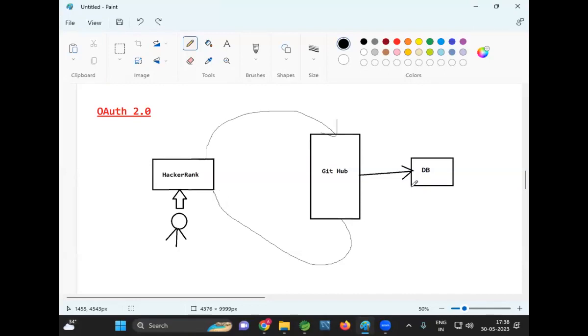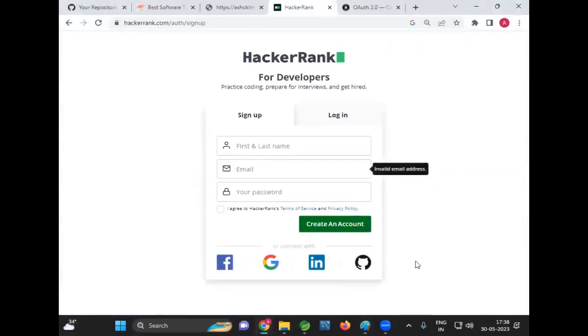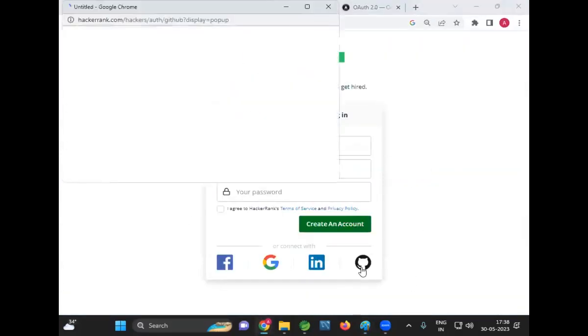Now, what is happening here? First, the user lands on HackerRank. From HackerRank, the user chooses GitHub as the login option. So from HackerRank, a request will go to the GitHub application. Is the user directly accessing GitHub, or is the user accessing GitHub from HackerRank? From HackerRank, the user is accessing GitHub. When you click on the GitHub icon,